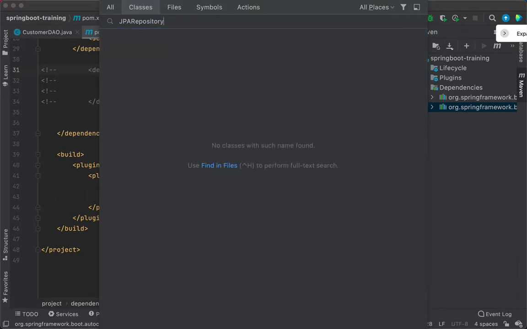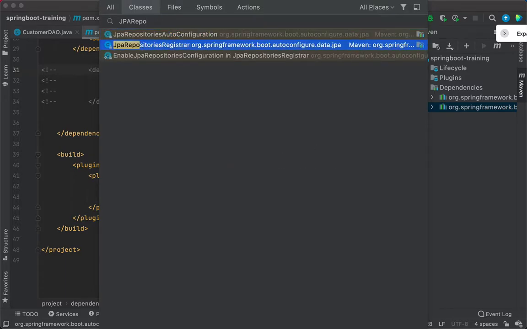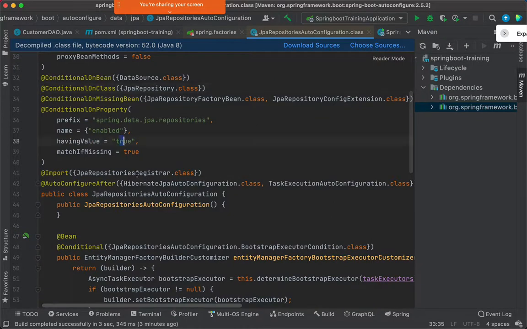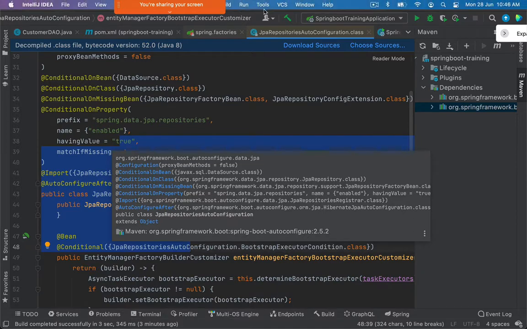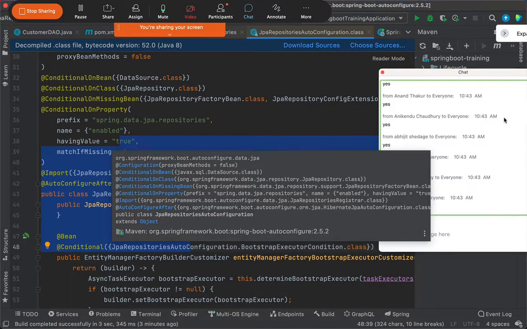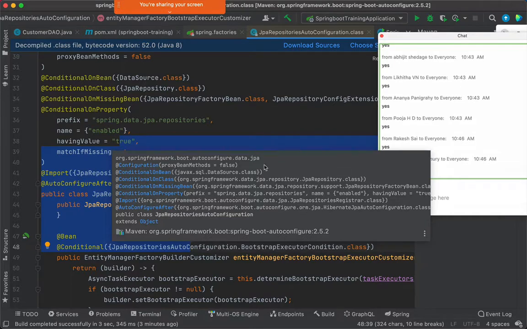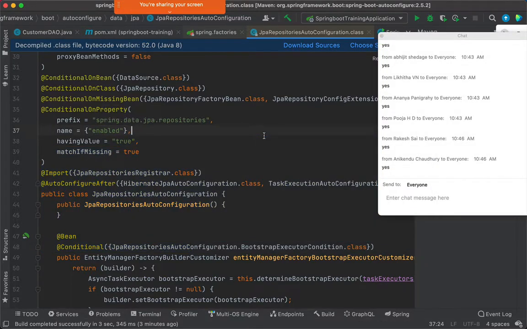So if it is not there, will it carry to JPA auto configuration, this particular JPA repositories auto configuration? Do you think it will execute this auto configuration? No, it will not execute this auto configuration. All with me, friends? You're getting the point? Pretty simple stuff. So the auto configuration is conditional. That auto configuration class is there, but it conditionally executes the configuration.